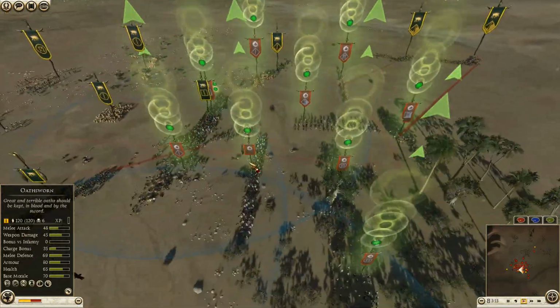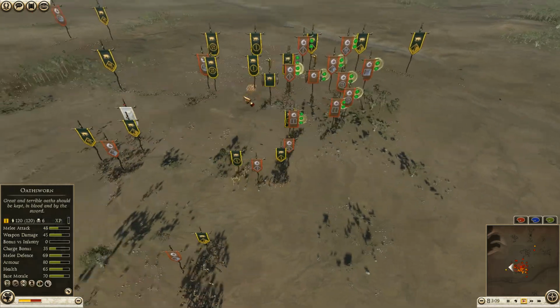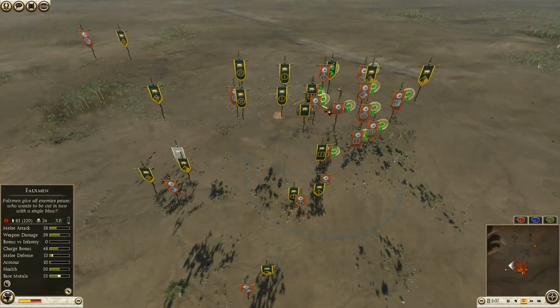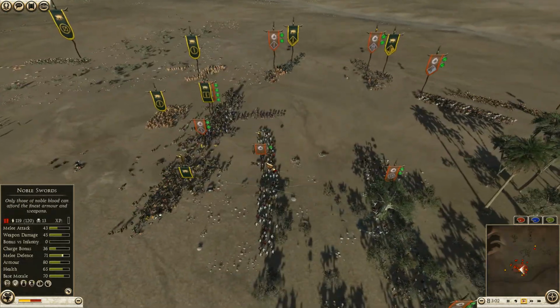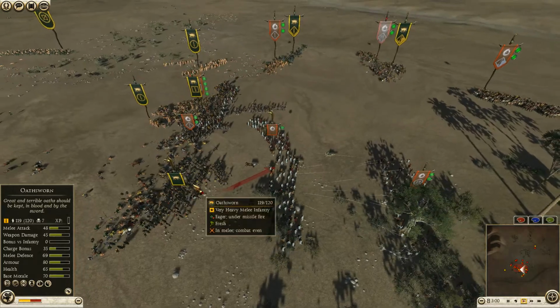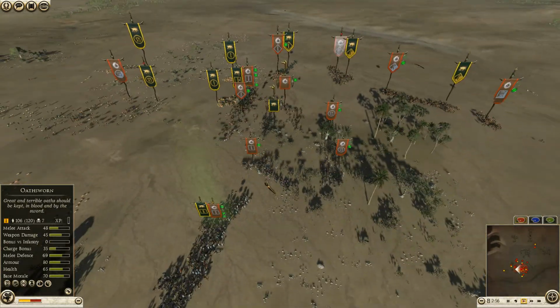However, the Outsworn general is coming around. We do have commander popping rally ability for more melee defense. Not rally, raise banner and rally actually. So he did pop both. Noble swords here pulling back for Way. I like this a lot actually, because it's gonna be able to do a lot of damage to this general